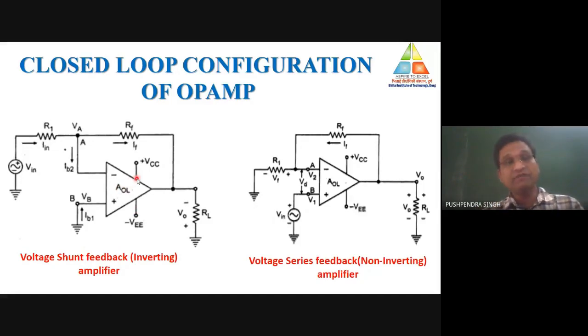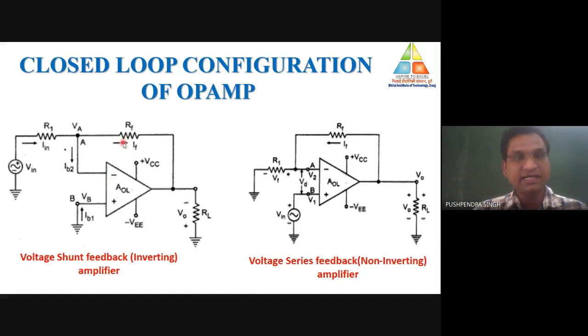But suppose the feedback is positive, that means the output terminal will be connected with the non-inverting terminal. On that condition, this would not be voltage shunt. But that is not part of this particular topic, and I think it is not suitable to discuss here.